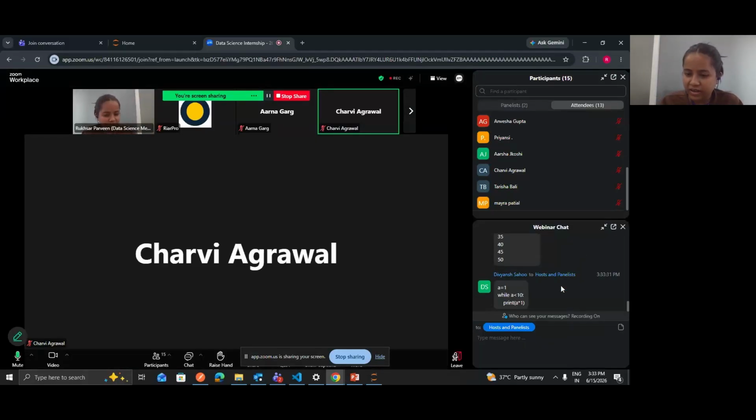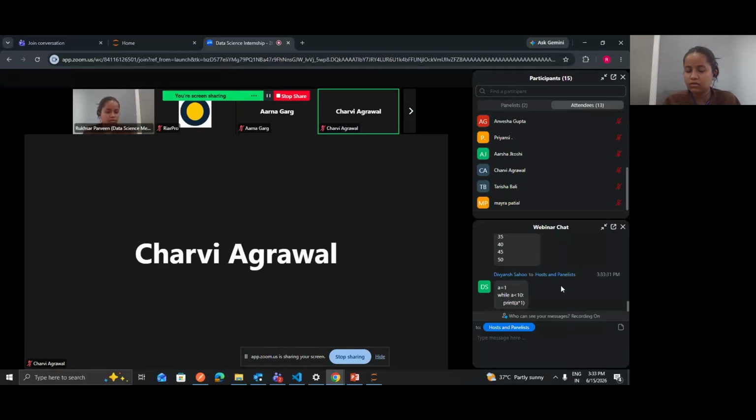Divyansh, why are you printing A into 1? You are taking the number and then printing it 1. Your solution is not correct. Okay, so what you can do, first you have to take an input from the user, take a variable, assign a value 1 to this variable, and then start your while loop, and your loop will run until this variable is less than 11.